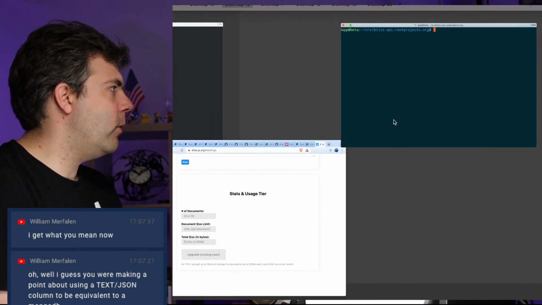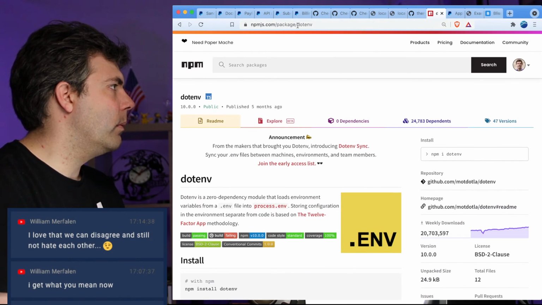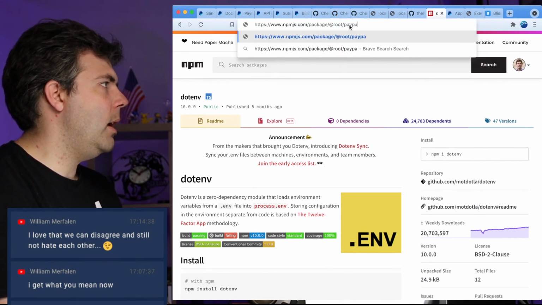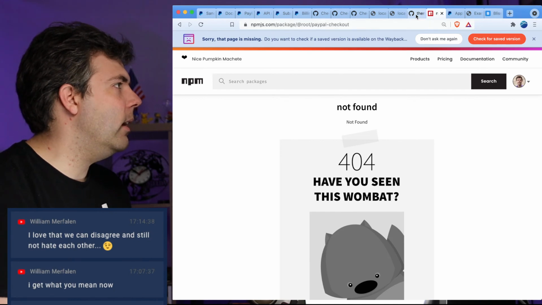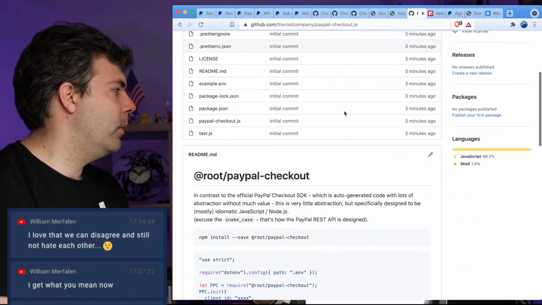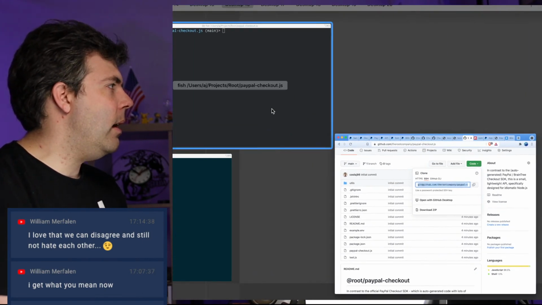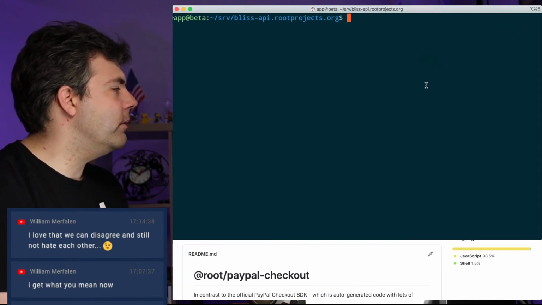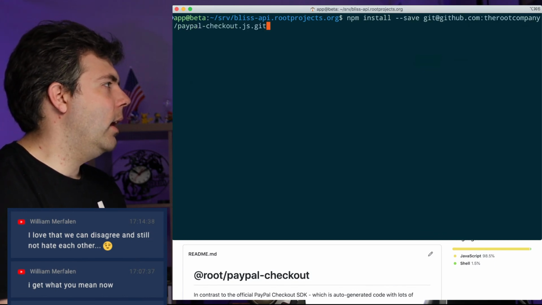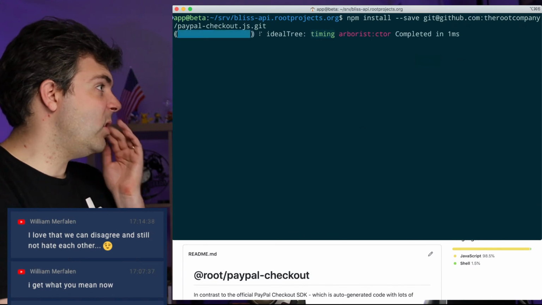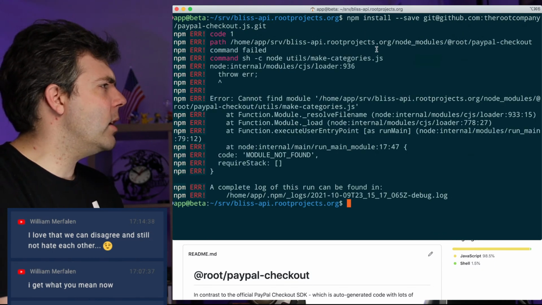And even before that, I'm just going to go ahead and add this dependency at root, PayPal checkout. What? Oh, I didn't publish it yet, duh. We're getting there. But for right now, and I might do that as a different session, let's just go ahead, npm install, save, and then I guess I'll just use whatever the latest is for now. I think when it puts it into the package.json,